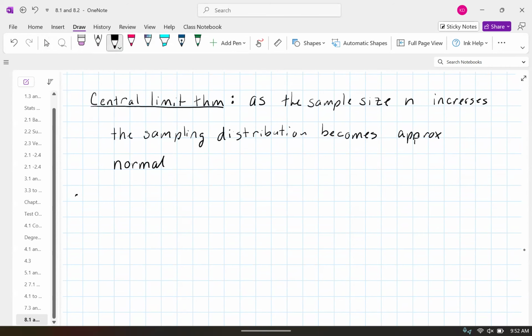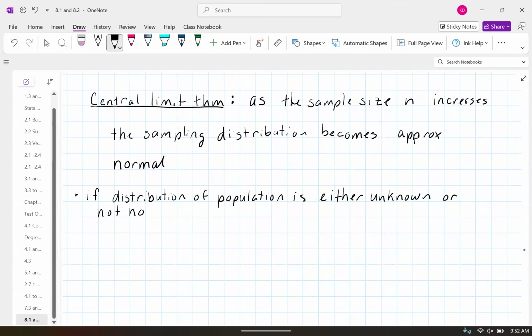So another thing to note with this, if the distribution of the population is either unknown or non-normal, then the distribution of the sample mean is approximately normal